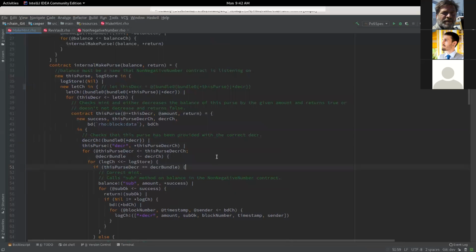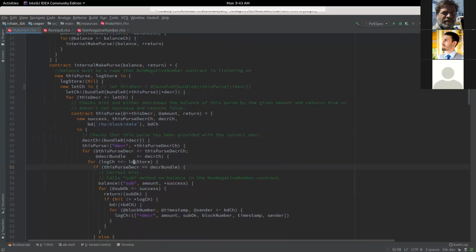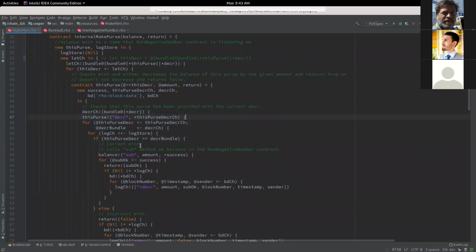Okay, but this contract is much older than, I mean, how long ago did you write this? So I put this on, you know, January 27th, apparently. Okay, so this part is new, because what wasn't being done before I introduced this is there was no check to make sure that the mints of the purses were correct. Right. So there was still the ability to mistakenly subtract tokens of type A from a purse that holds tokens of type B.